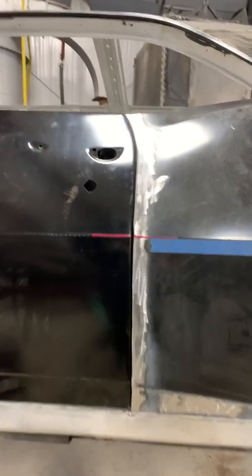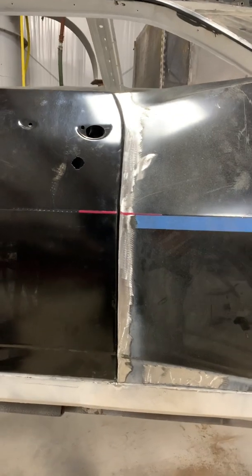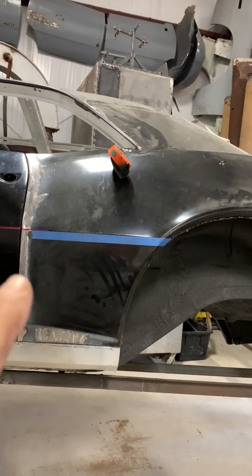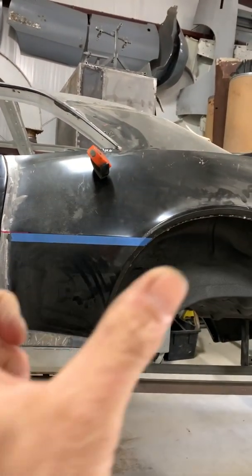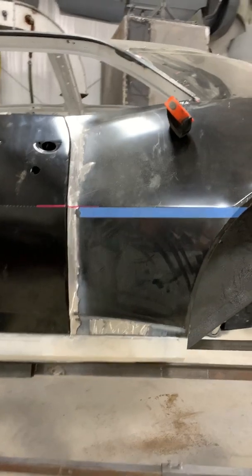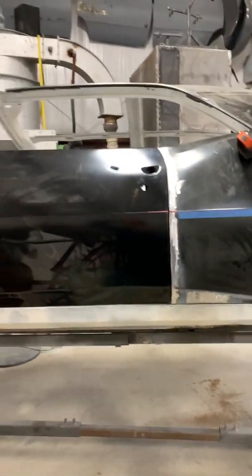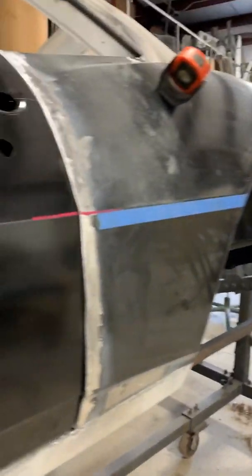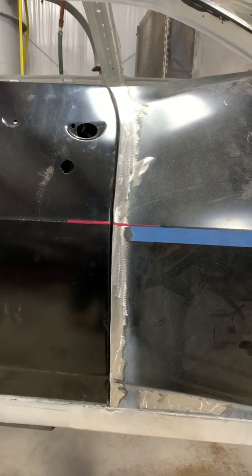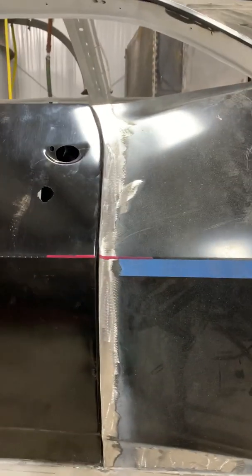Hey friends, in case anybody wants to know what's been going on with this Camaro, bottom line up front: this quarter panel was a little bit longer, this way, than the other side. They appear to be two different stampings, and the owner of this car and I racked our brains a lot to try to figure out, or actually to avoid doing what I ultimately had to do on this car, which was cut out about a 1/4 inch, maybe about that, I can't remember exactly how much, and move it back